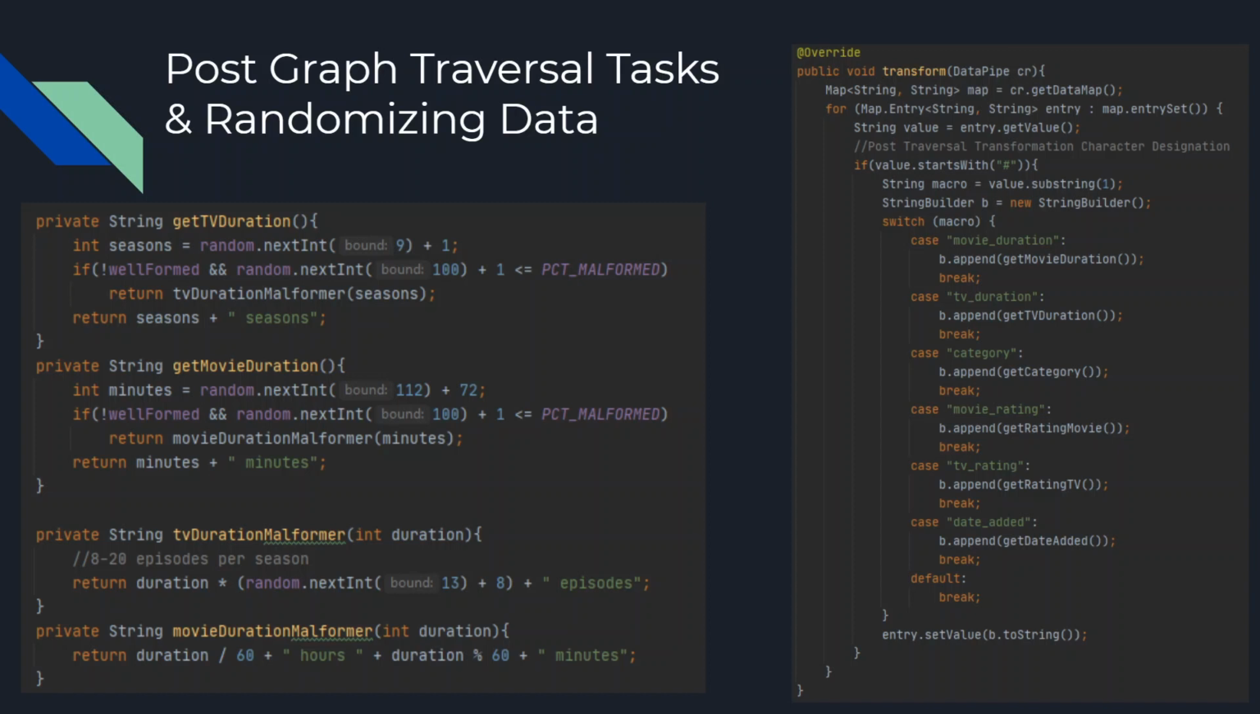So this will just simply check for a value that has been prepended with the pound sign, and then it will call the appropriate function that's associated with that value. And the methods that we have shown here are for get TV duration and get movie duration. And they will randomly select values from a range to assign to the variables. So under normal conditions, TV duration will assign either 1 to 10 seasons, and then movie duration will assign 72